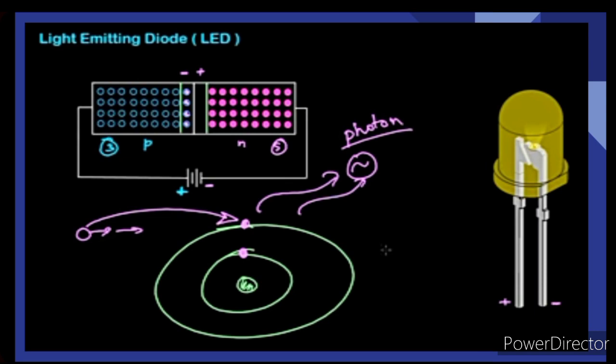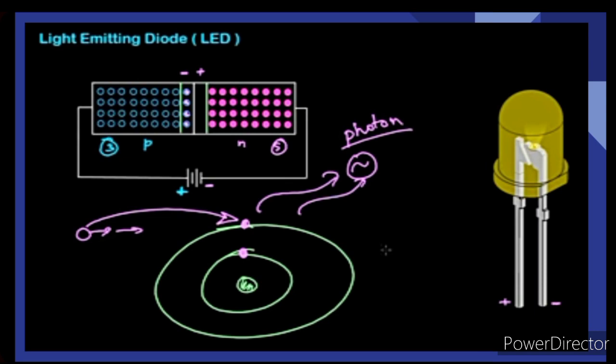Depletion layer or region. The depletion region is a region present between the P-type and N-type semiconductor where no mobile charge carriers, free electrons or holes, are present. This region acts as a barrier to the electrical current. It opposes the flow of electrons from the N-type semiconductor and the flow of holes from the P-type semiconductor.